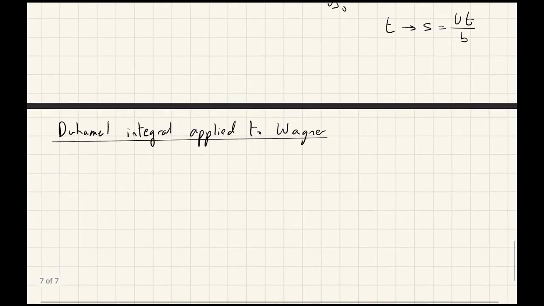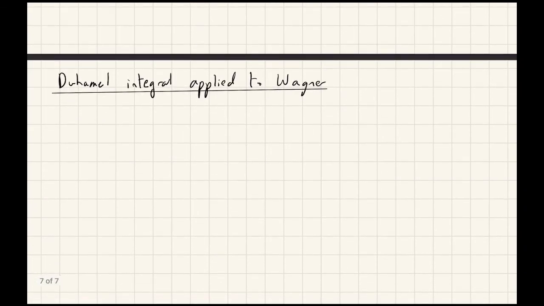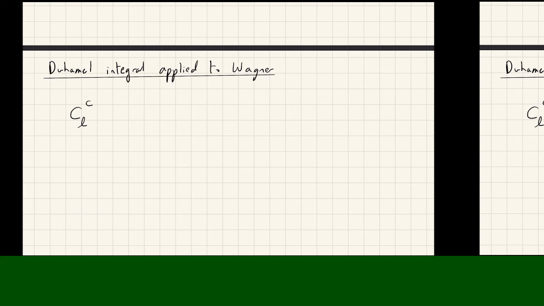So how does this apply to, for example, our Wagner problem? In the Wagner problem, we can implement a convolution or a dual integral on the circulatory portion of the solution, because recall that the non-circulatory portion has a delta function that is essentially infinity at t equal to 0 and 0 everywhere else, so it doesn't really evaluate with the convolution integral. However, we can apply the circulatory portion to a dual integral, and the solution is as follows: